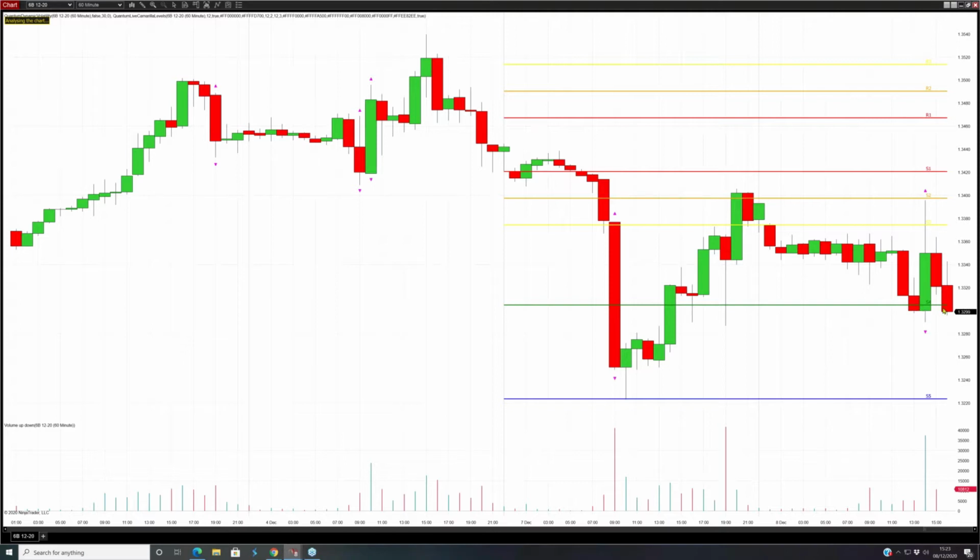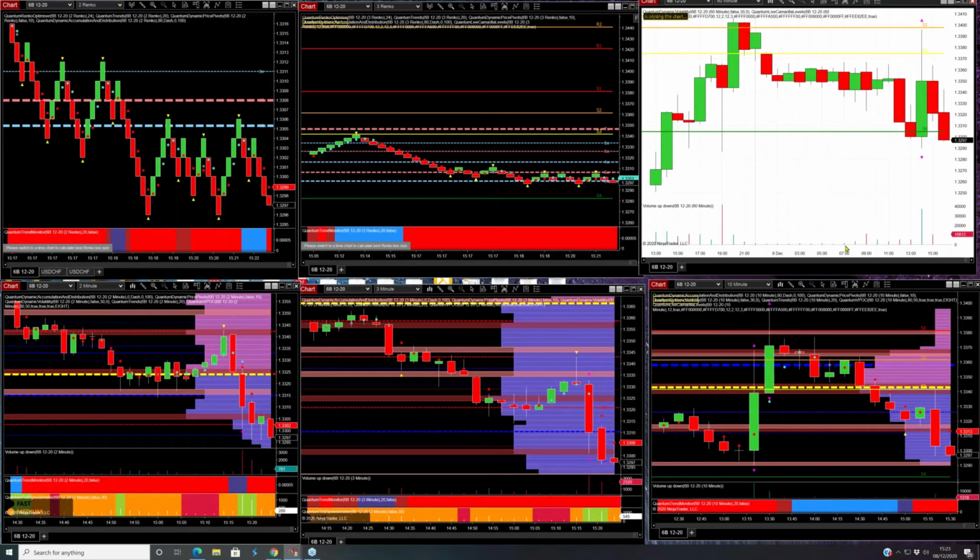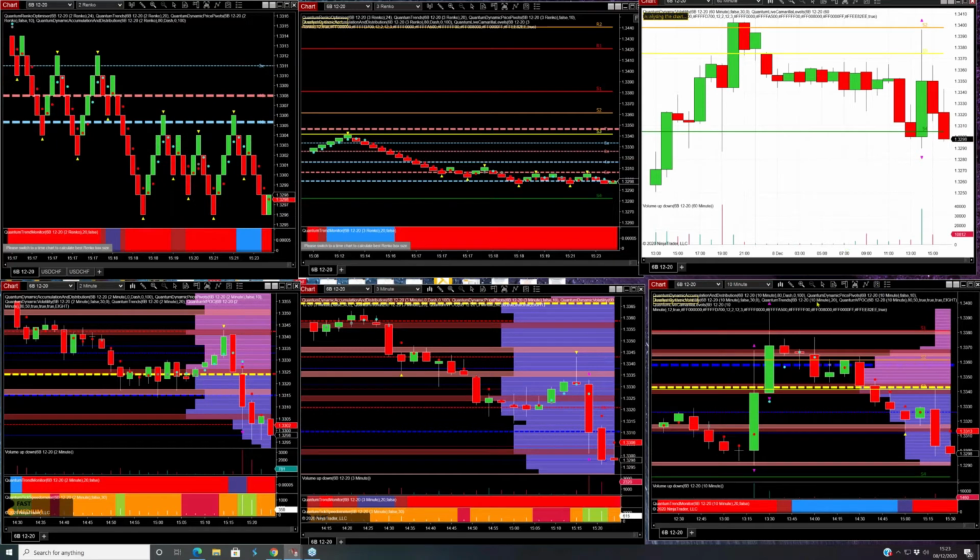But the key level, as well as the S4, is the low of this hourly candle. And what you also find around this key level is you will sometimes find congestion. So that's where we are at the moment. So this is the hourly to give us some context. We've actually had